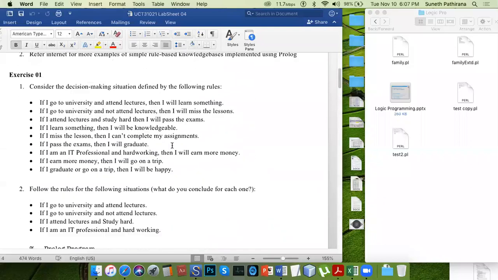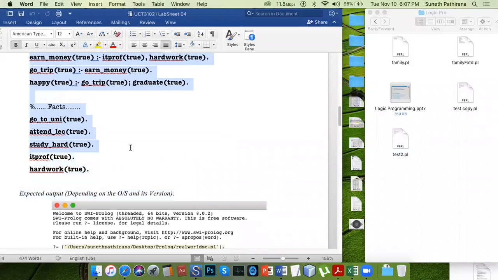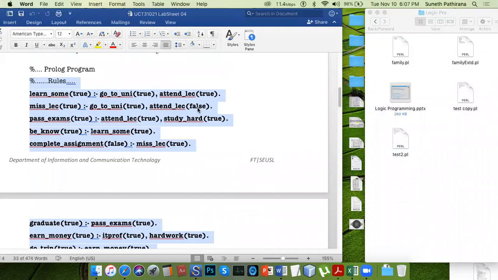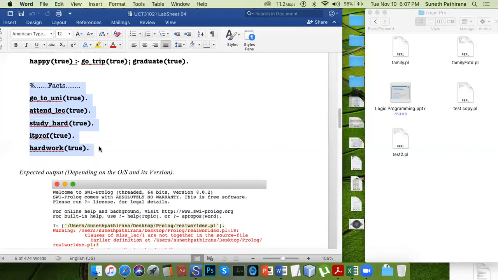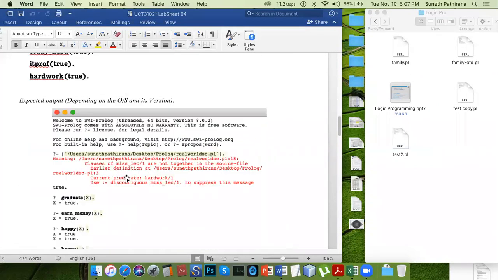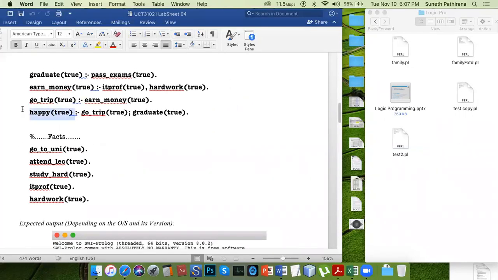But here, first you have to list down the rules, then you have to set the values for these arguments, whether these are true or false, these statuses. That will be done using these facts. So I have demonstrated this. Finally, you can check whether the particular person is happy.